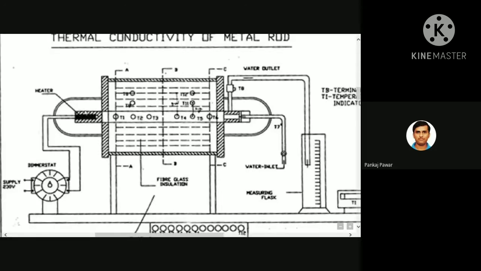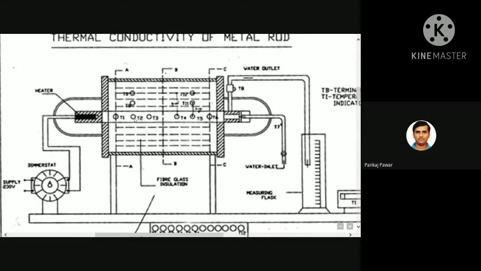Now, as we know, heat is given on the left side. Heat is flowing in the longitudinal direction, horizontally. There may be a chance that heat may flow in the radial outward direction through the metal rod also. Here we assume that heat is flowing in the horizontal direction only, from left side to right side. That is one-dimensional heat flow. But there may be a chance that heat may flow in the radial outward direction also.